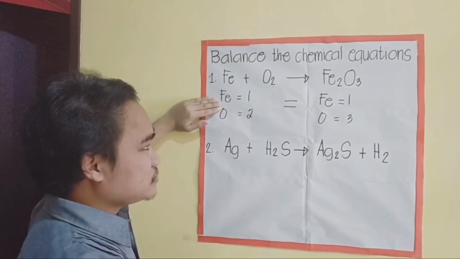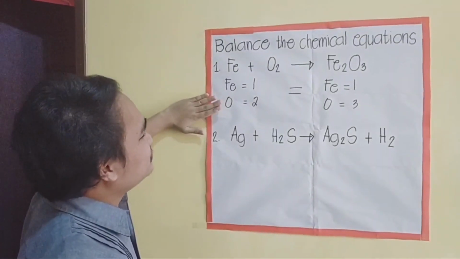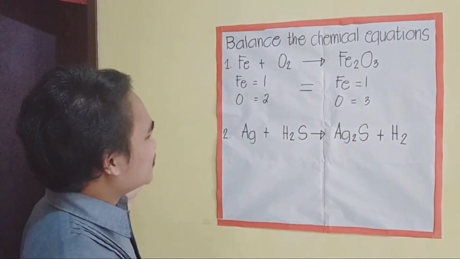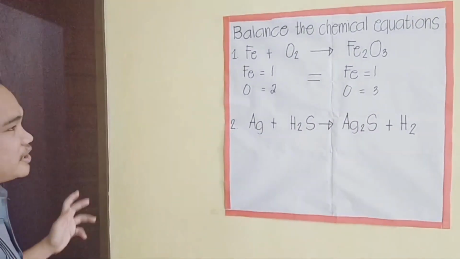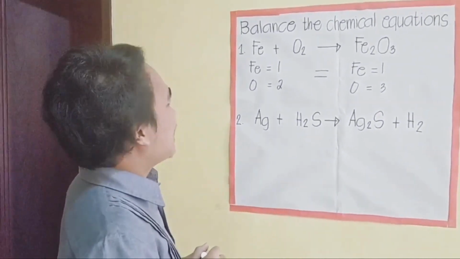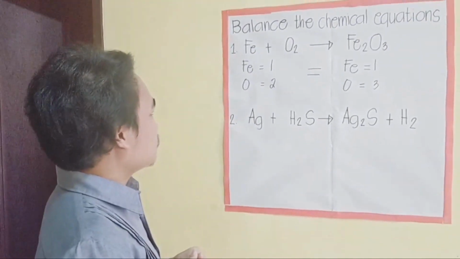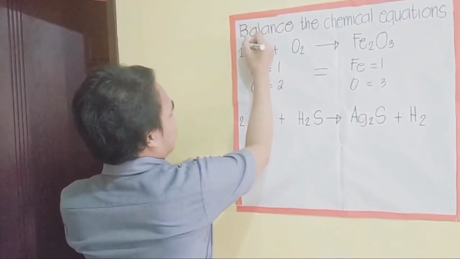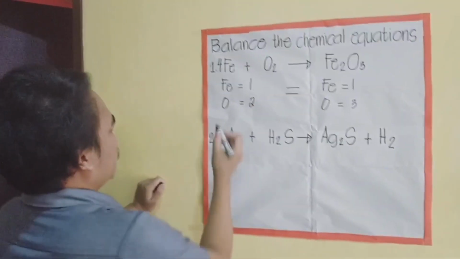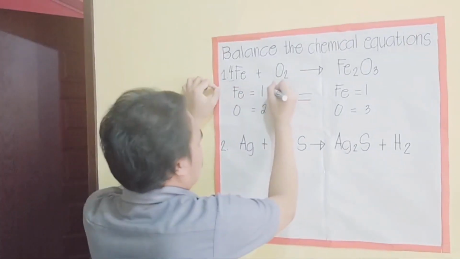Same with the other side. And then oxygen, we have 2 atoms of oxygen. And then on the right side, we have 3 atoms of oxygen. So how to make them balance? So what number are we going to write at the coefficient? So for example, we're going to write 4. 4 times 1, so therefore 1 times 4